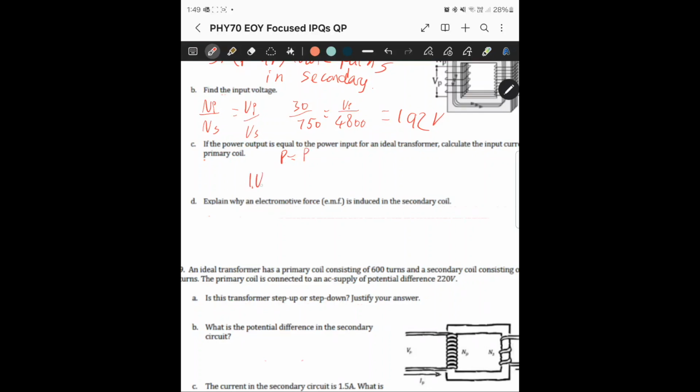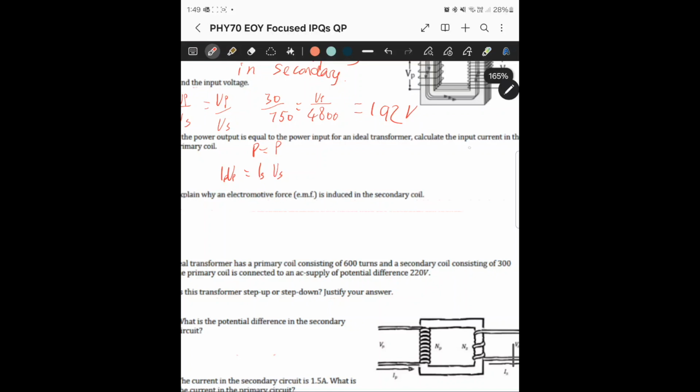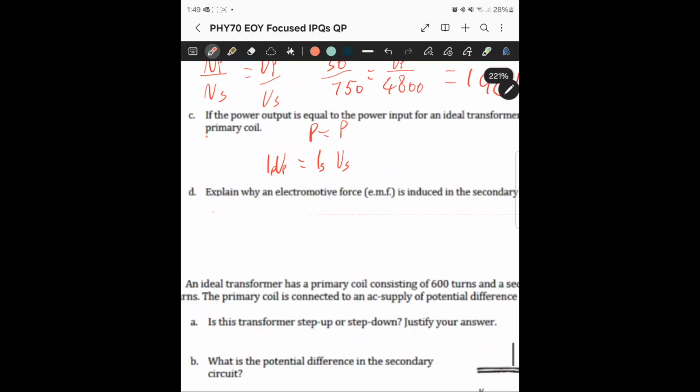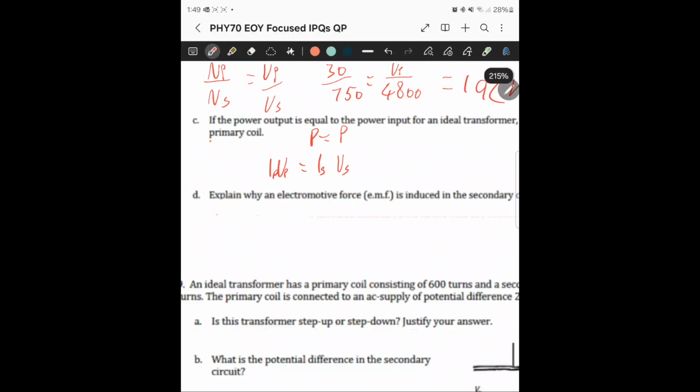That's IV equals the secondary IV, ISVS. This is what we can do. We're trying to find the input current. You can go ahead and calculate the power, and then you can do I is P over V if you wanted to, but this is a way that they've given us. We can do it like this, it's not a problem. I'm trying to find, what am I actually trying to find? Input current. So input current will be this one, IP, multiplied by the voltage in the primary, which we